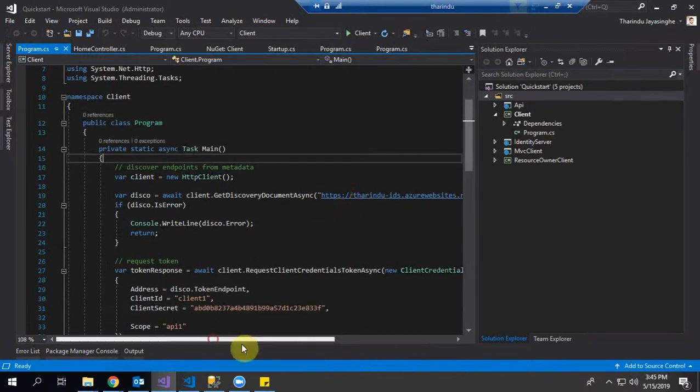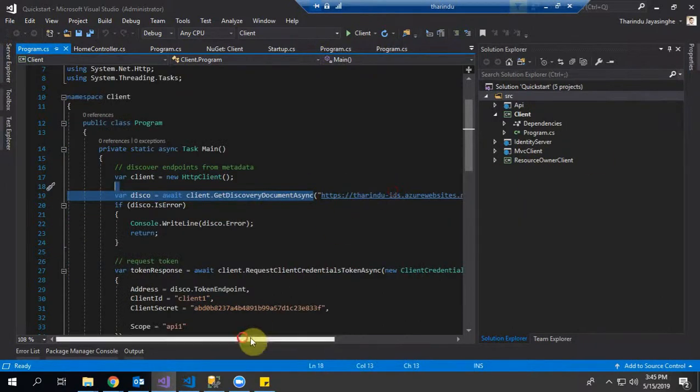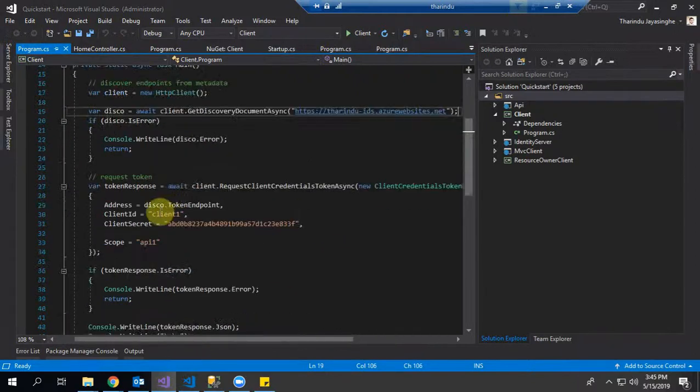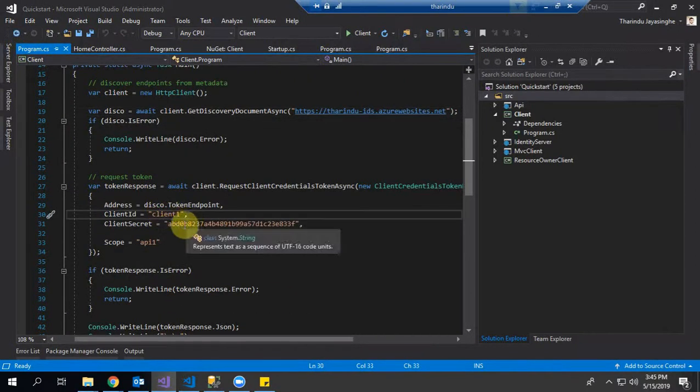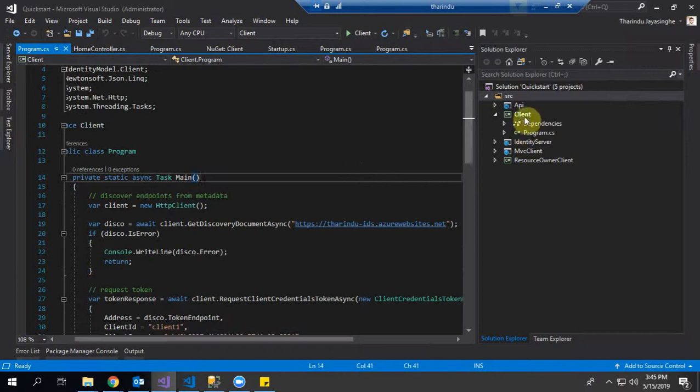So if we take the client credentials example, you don't need your own identity server. Instead, you provide the link for the identity server here, and you create the client in the admin UI and also generate the client secret from there, and you add the scope, the same scope here. So if we run this,